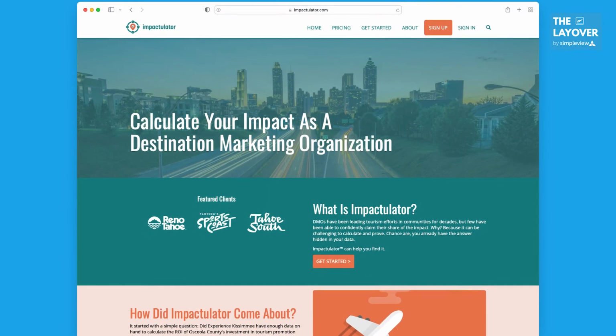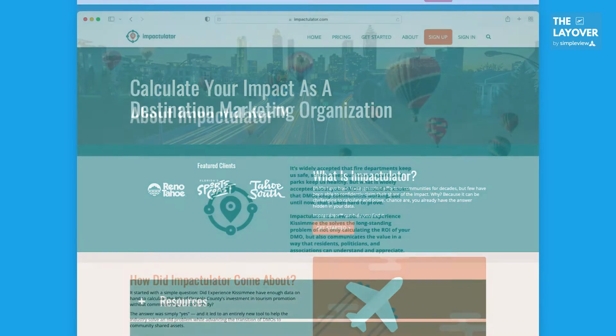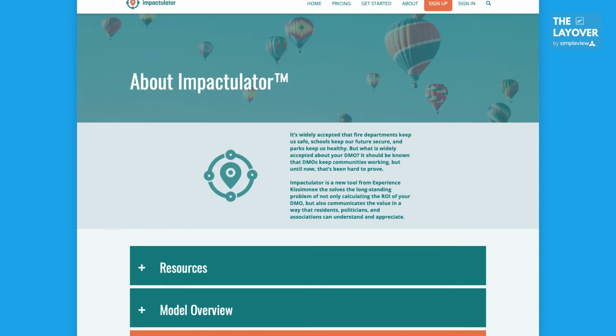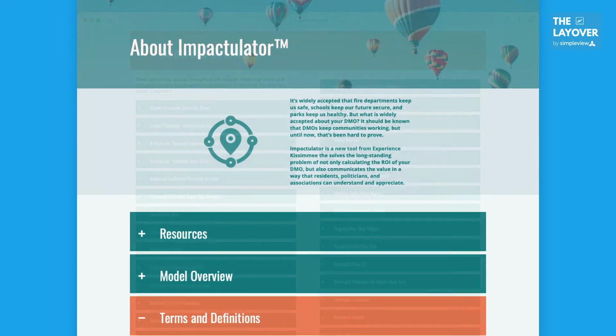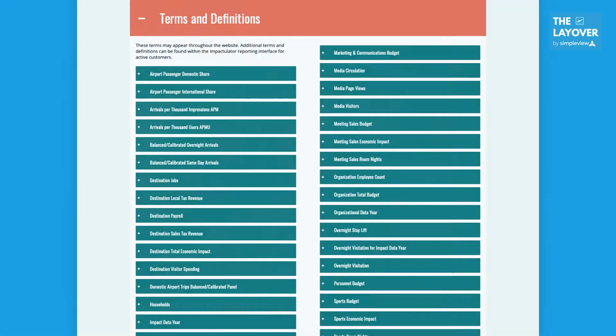So that's just impactulator.com. And if you go into the About section, you'll see all of the definitions for the different data that we ask for. But essentially, you take the output of a lot of your sources of data, a lot of your reporting tools that you have already, on an annualized basis, so it can smooth out for seasonality, smooth out for the really stellar campaigns, and then smooth out for the ones that maybe didn't perform as expected, and look at it at the macro scale, because we all know it takes a while for our tourism promotion efforts to really pay off in terms of visitation.